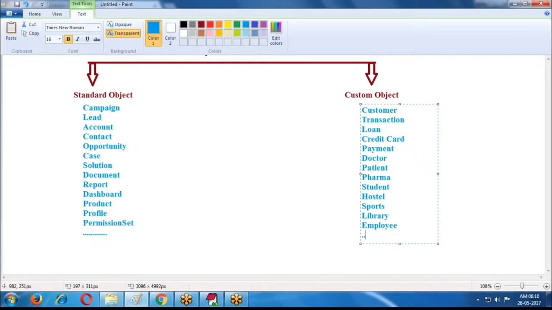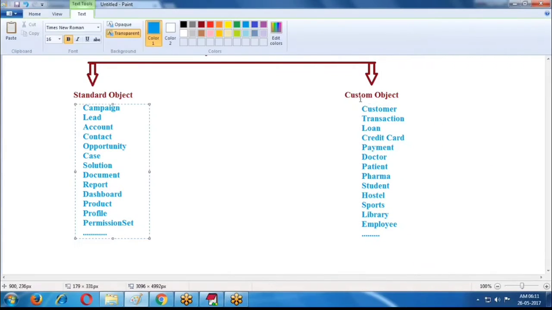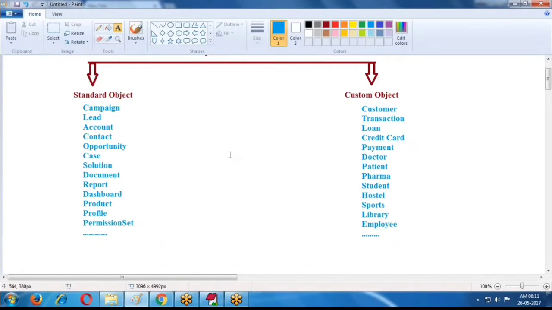So we create our own objects according to the organization's requirement. These objects are called custom objects. Based on the project requirement, we create extra objects apart from these, and that is nothing but custom objects.